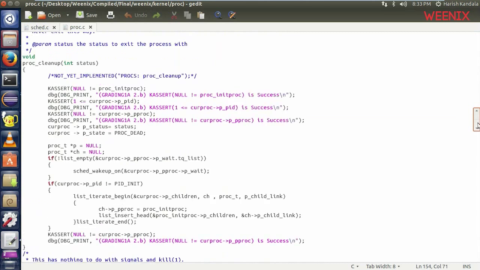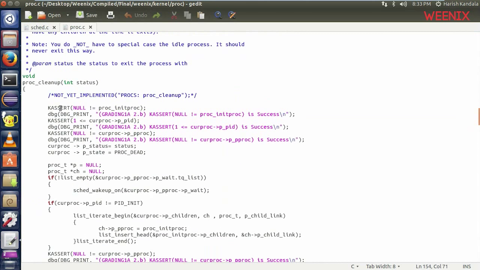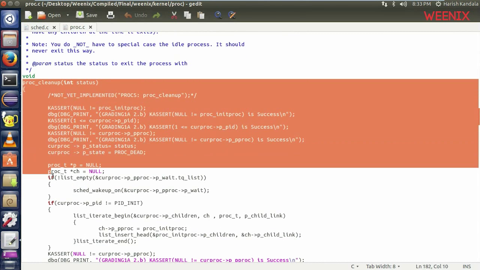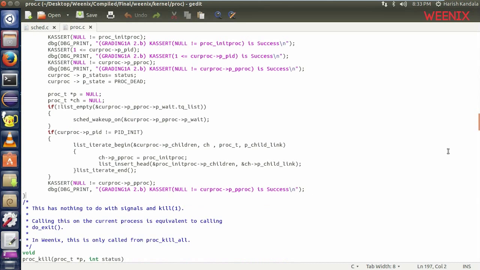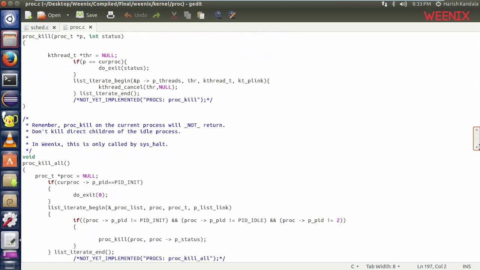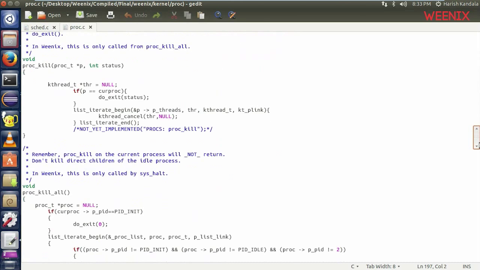And the final function which we are going to see is process cleanup. What the process cleanup does is, it will close all the open files related to that process, clean up all the VM mappings, wake up its parent if it is waiting for that, and reparent any children to the init process, and set the status and state appropriately, so that the process will end cleanly without any abrupt endings. And these are the main functions which we defined in the proc.c,